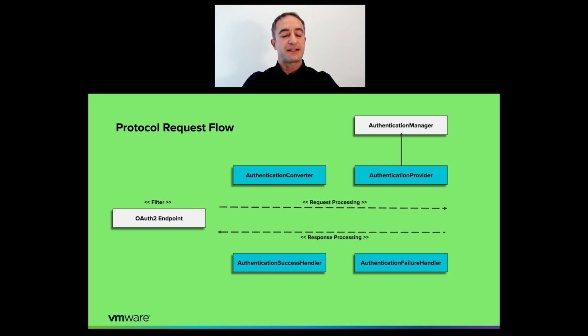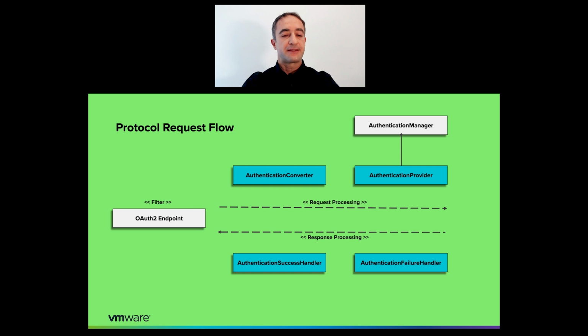All right, so this authentication converter instance will look for the grant type parameter. If it's authorization code, then it will process it, and its responsibility will be to extract all the parameters, the code, the redirect URI, client ID, and so forth, and then encapsulate it into an authentication instance for the authorization